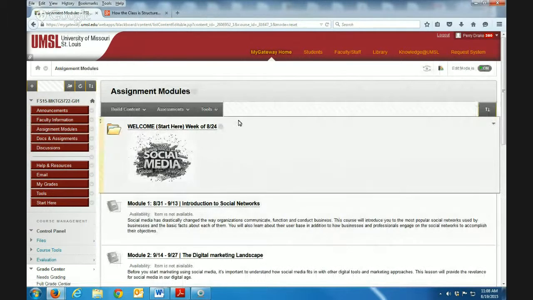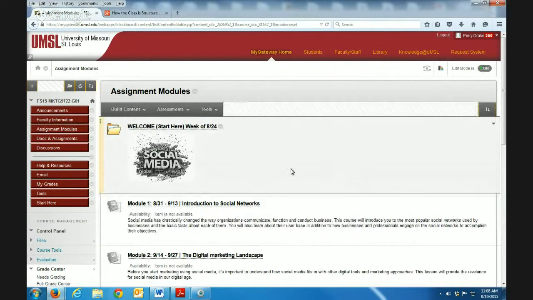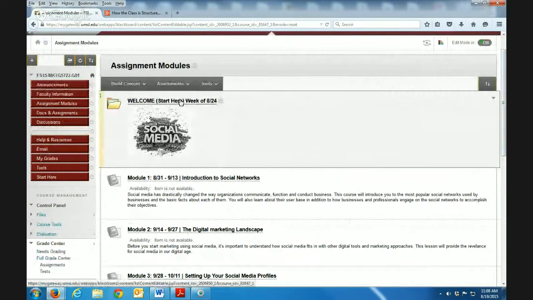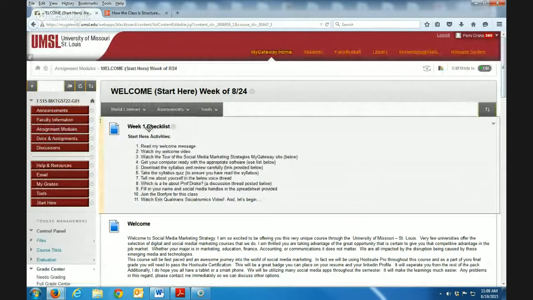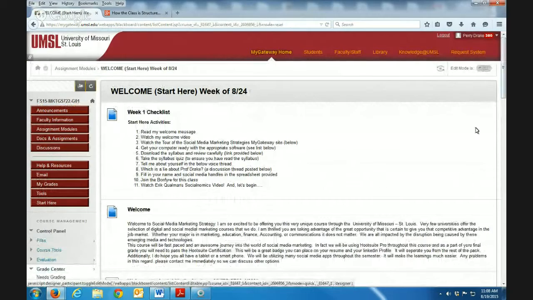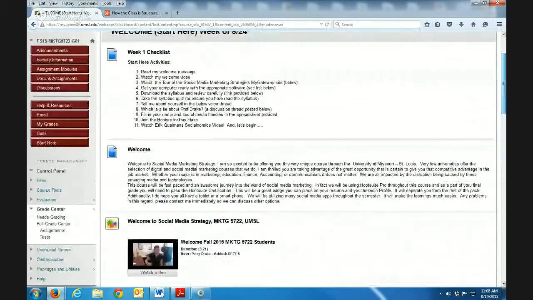So when you go in here each week, I will be opening up a different assignment module every 2 weeks. This is the one that's open right now, the welcome module, which is for our first week. When you click here, you go in, and everything is pretty structured. Let me go to a view for students. So you'll see your checklist, a little bit of info,